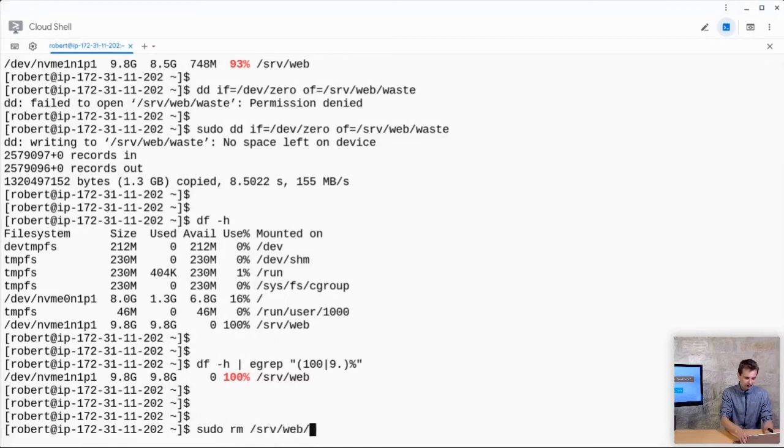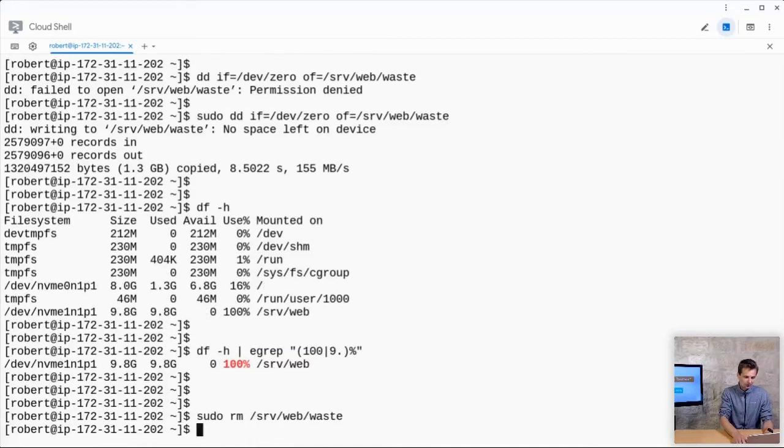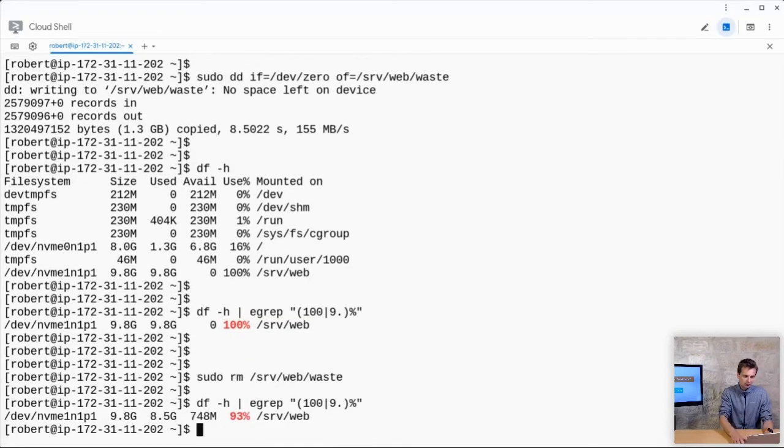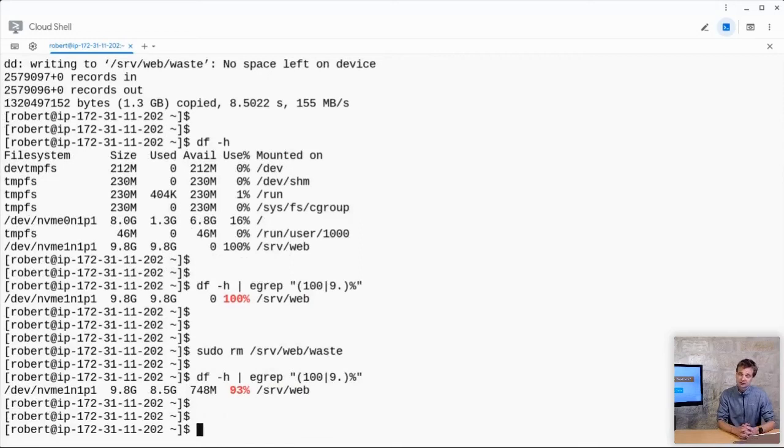srv web waste, and with 93% it still works. Okay, great. So now let's write a script with this information. And to write a script with this information, we need a way to find out if this command line,